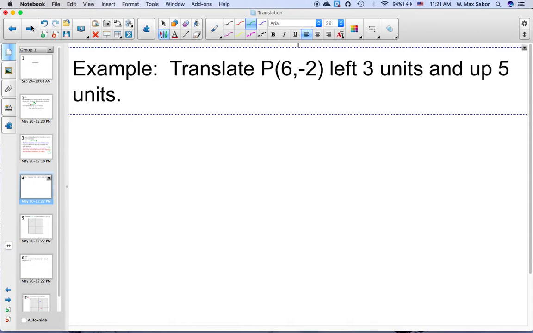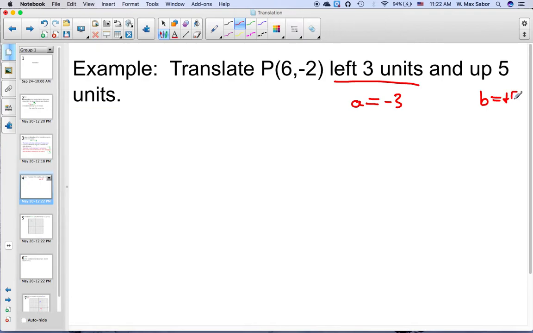We can translate P (6, -2) left 3 units and up 5 units. We could pull out a graph to do this, but left 3 units means a would be negative 3. And up 5, b would be positive 5. So all we need to do is say, okay, the new point will be 6 minus 3, or plus negative 3 if you prefer, and